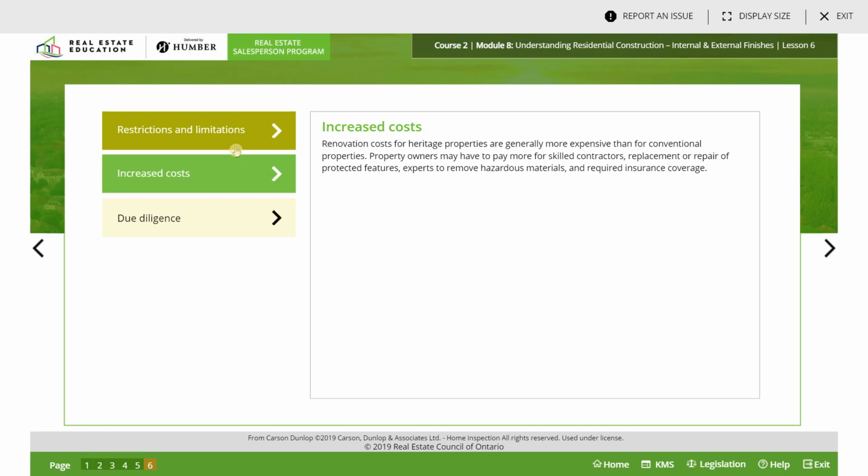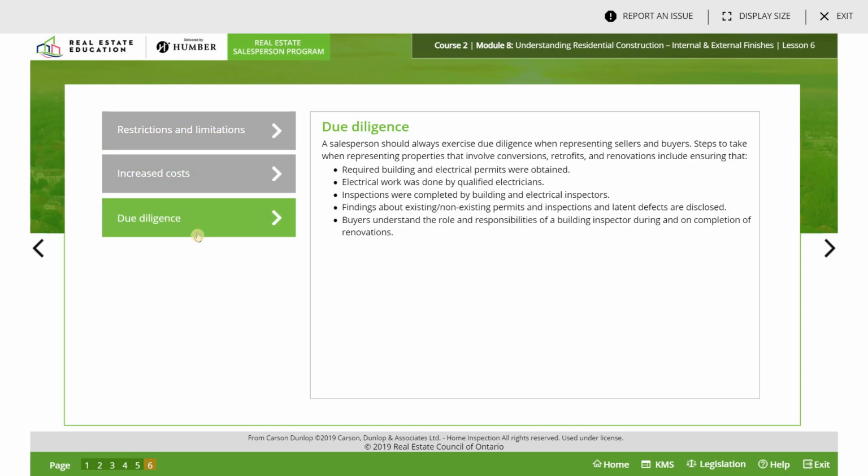Experts to remove hazards and required insurance coverage. Due diligence. You should always exercise your due diligence when representing sellers or buyers. Steps to take when representing properties that involve conversions, retrofits, and renovations